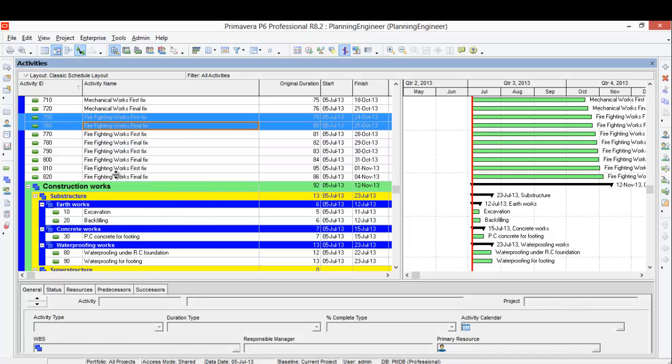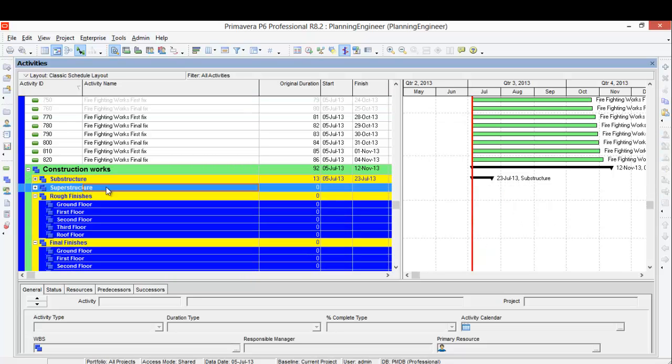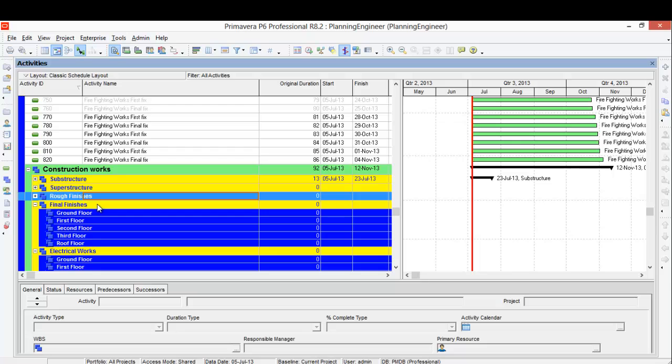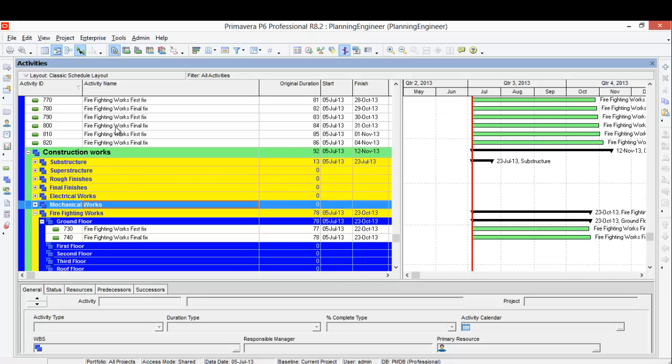And then we have here firefighting for the first floor. So I can now minimize substructure, superstructure, rough finishes, final finishes, electrical, mechanical, and I'm working on the firefighting now.